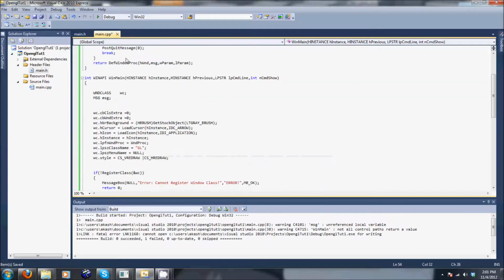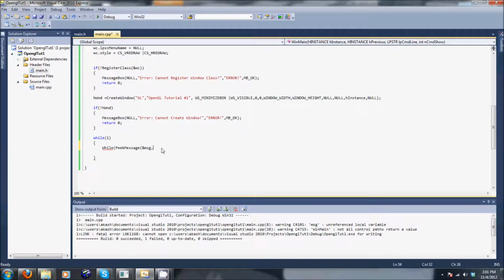Or message, or yeah, you have to define the message, so just write message. The rest is null. Open that up. Are we getting error? Oh yeah. And if get message,